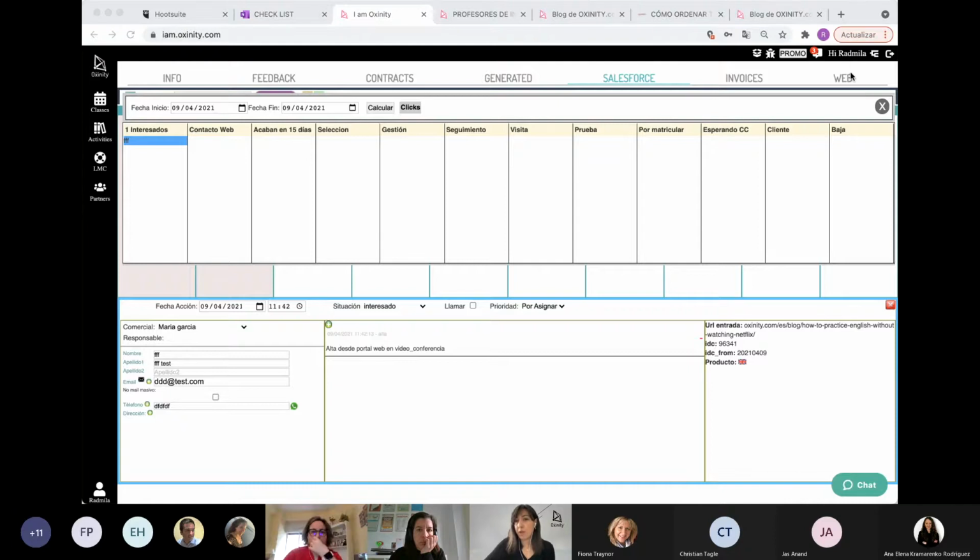Now, how many of you have actually used this method? Who has experience with it? I don't know. I post one blog entry from the Oxinity blog once a day at least on LinkedIn, and maybe once a week on Facebook. I cannot see directly who I am posting about and who and what, but I'm getting a bunch of clicks. That's it. I don't really mind about the rest.